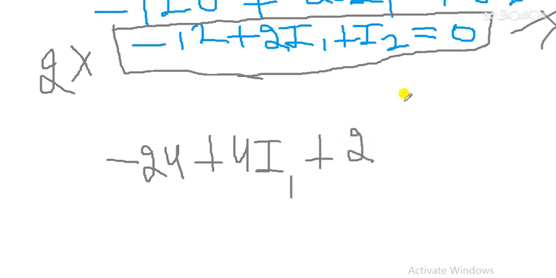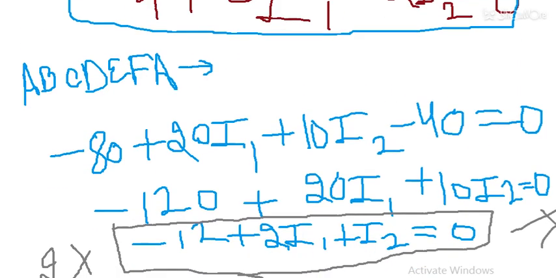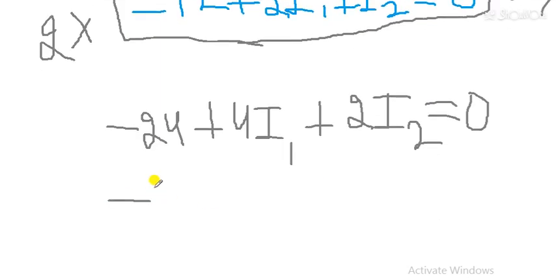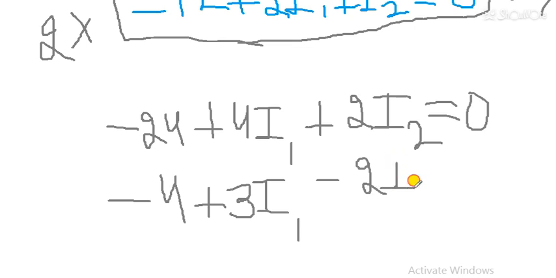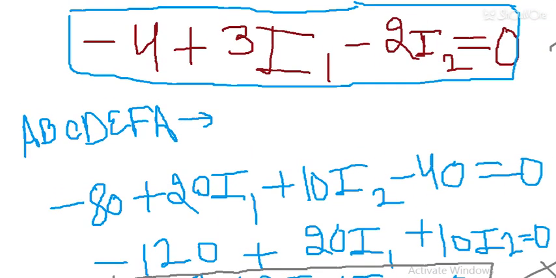So for better visibility I am writing it again. I1 minus 2I2 equal to 0, and the earlier equation that was minus 4 plus 3I1, so minus 4 plus 3I1. Students, if you go through these 2 or 3 questions, then it will be easy for you. I will take one more video related to KVL after this video, so that all the questions will be clear to you.